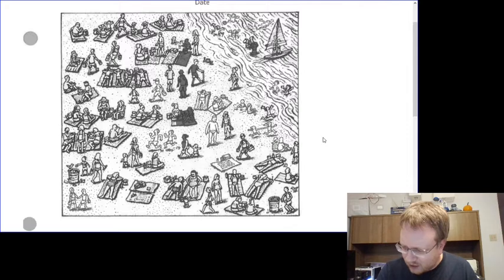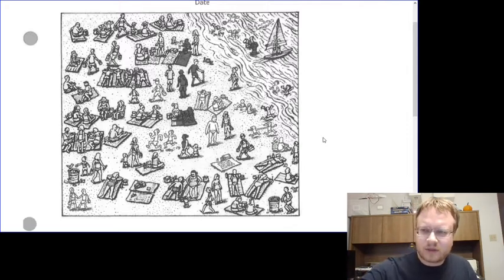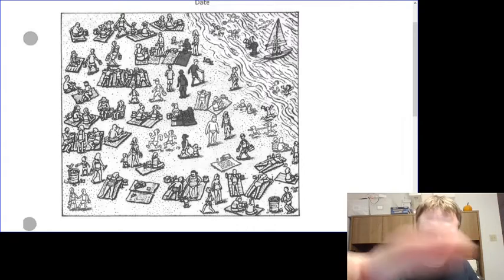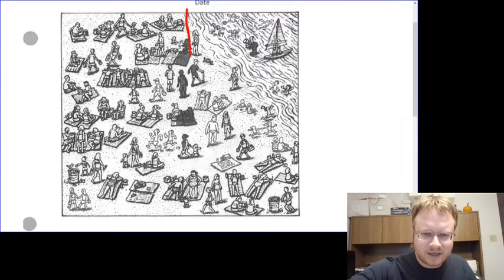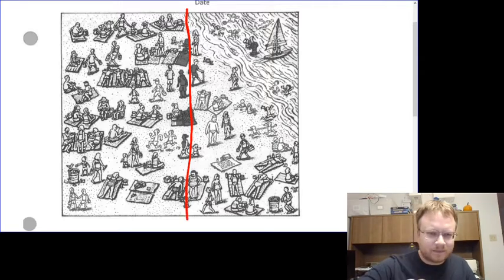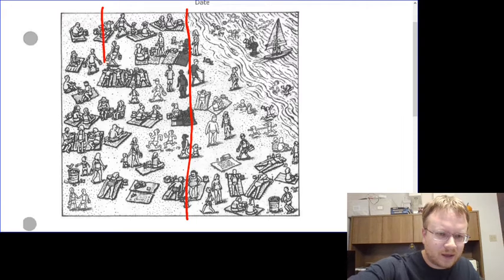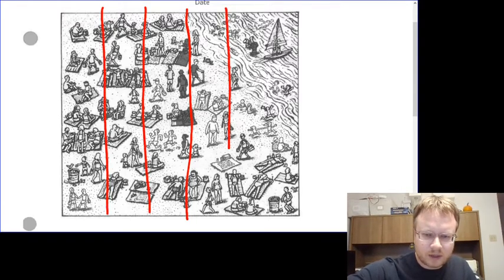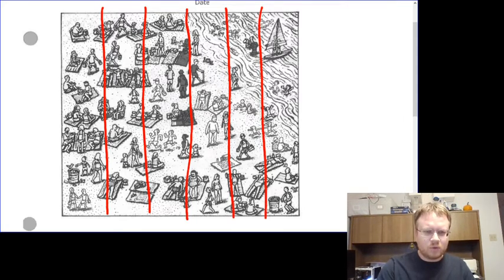All right, and in this case, I'm going to cut this into about 6 strips. If you have a physical copy, you can follow along and try this on your own, or you can just watch and see how I do this. So I'm going to cut this in half first. It doesn't need to be exact. Everything can be approximate because the whole point here is that we are estimating. All right, so, and about here, and about here, and about here, and about here. So how many strips do we have? 1, 2, 3, 4, 5, 6.